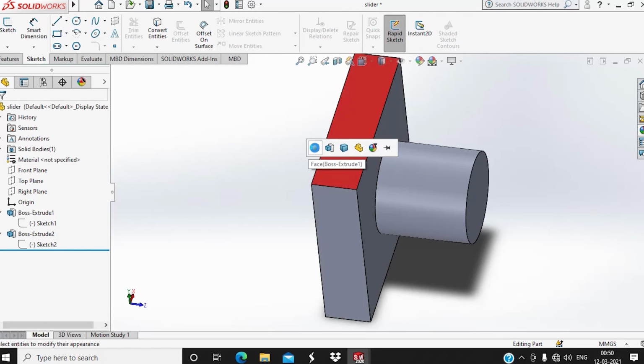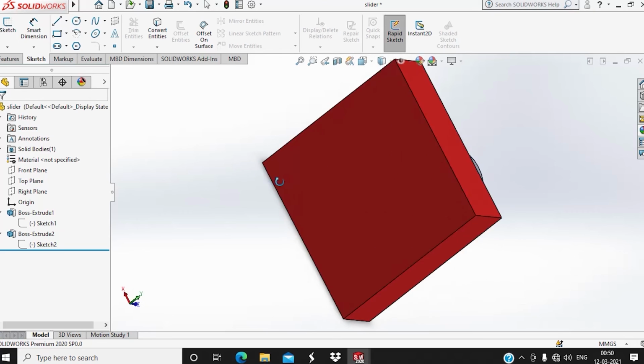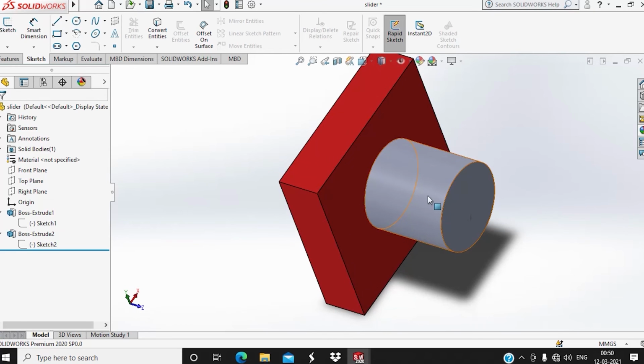Now there are options asking whether you want to give color to only one space or to the boss extruded portion or for the whole body. Now I am giving color to the boss extruded portion, so click on that. Now the block is in red color. Next, I am giving color to this curved portion of the cylinder.